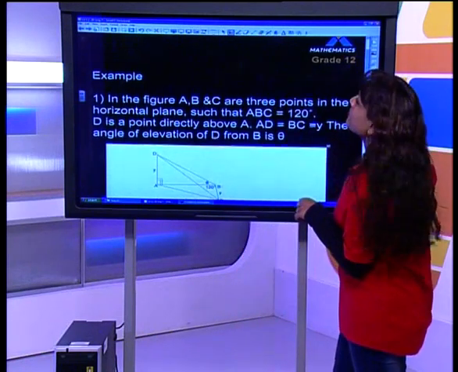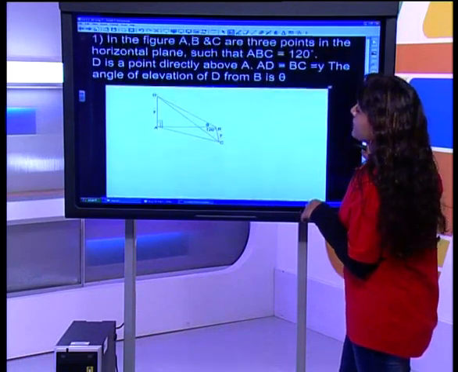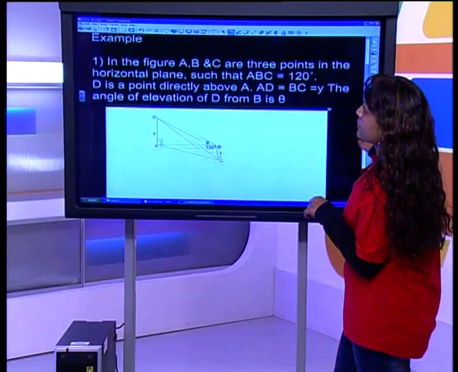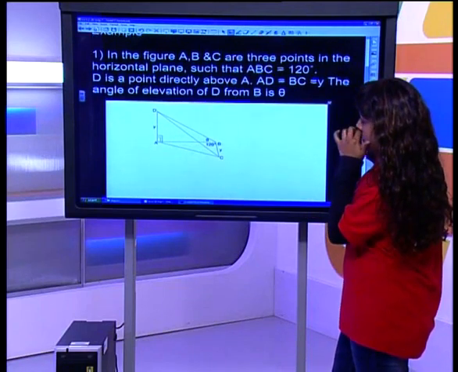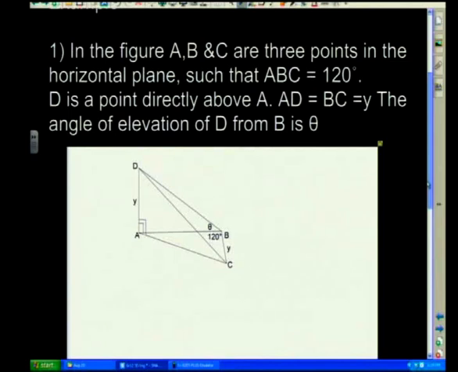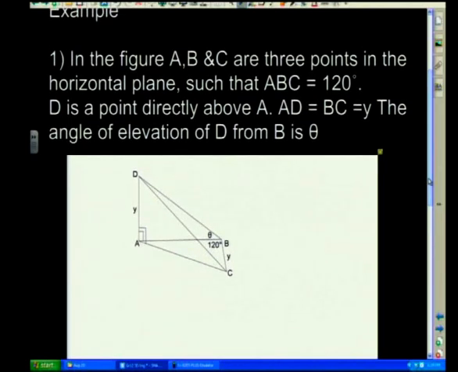All right? So as I said, the best way to do 3D and 2D trigonometry is to work through an example. All right, and hopefully you guys can see this diagram, and it is big enough on your screen. We are told that in the figure, A, B, and C are 3 points in the horizontal plane. So they're in a separate plane compared to, for example, ADB. All right, they tell you that angle ABC is 120 degrees. D is a point directly above A, and AD is equal to